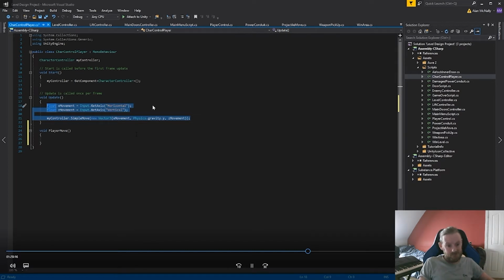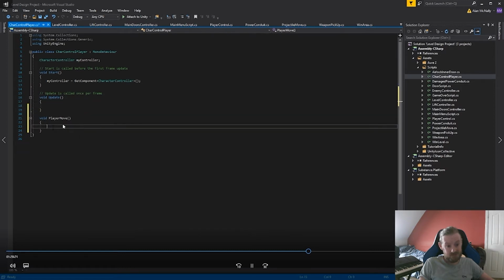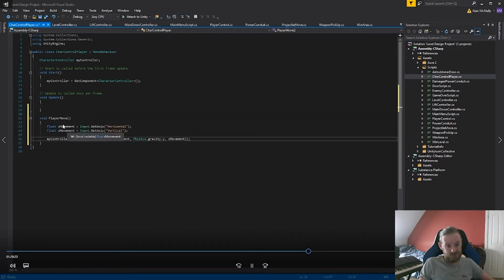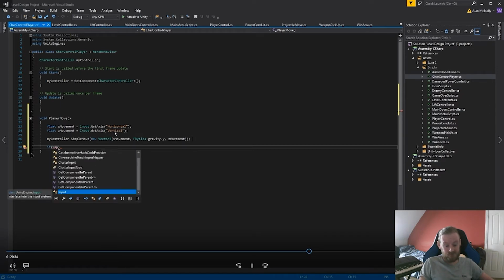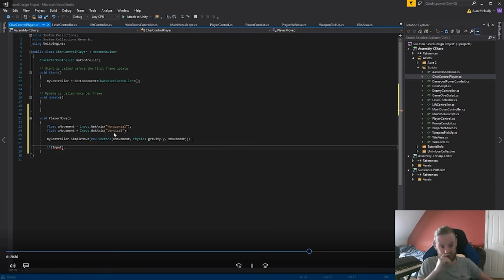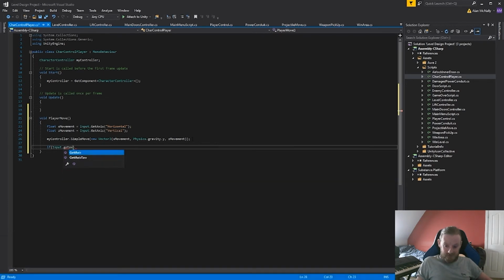So your float xMovement, the float will be +1 if you hit the right key or the D key, and it will be -1 if you hit the left key or the A key. And the zMovement will be +1 if you hit the up key or the W key, and it'll be -1 if you hit the down key or the S key. And we have it set up that the blend tree is using a float, so hopefully that should